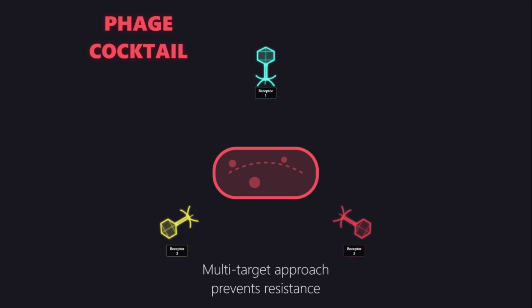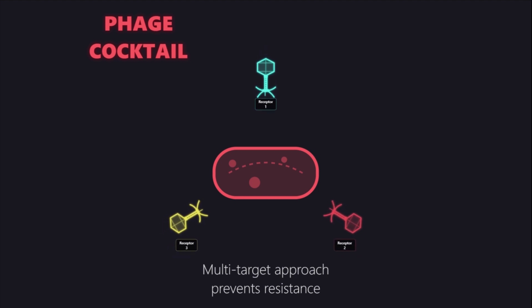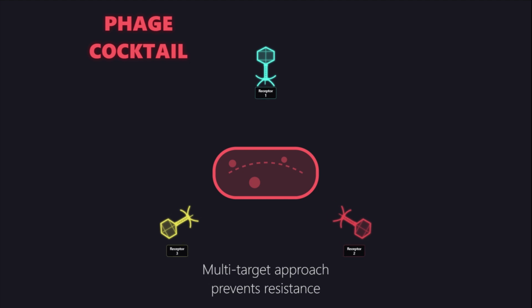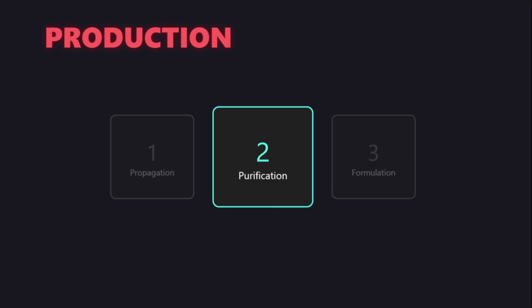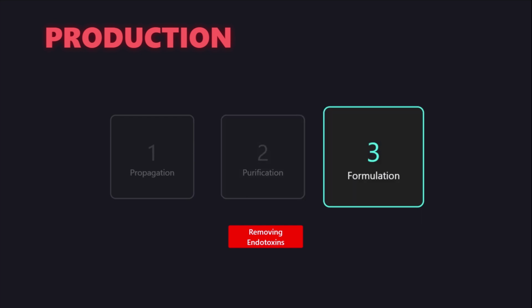These phages must utilize different receptor binding mechanisms or possess distinct host ranges to ensure comprehensive coverage and prevent simultaneous resistance development. Cocktail design is based on the specific bacterial isolate from the patient, requiring rapid diagnostic identification and susceptibility testing, known as phage typing. The preparation process involves large-scale propagation, followed by stringent purification to remove bacterial endotoxins, specifically lipopolysaccharides, and final formulation for